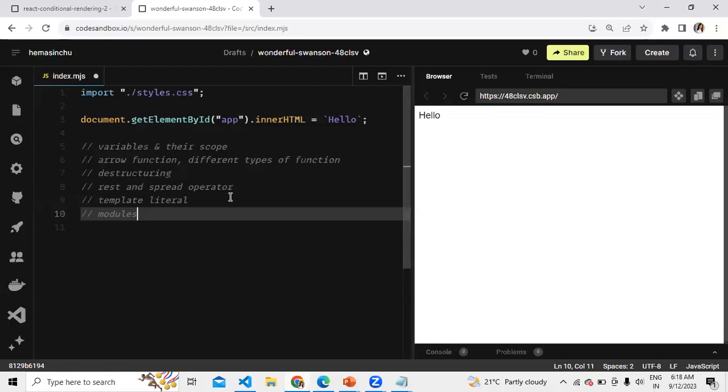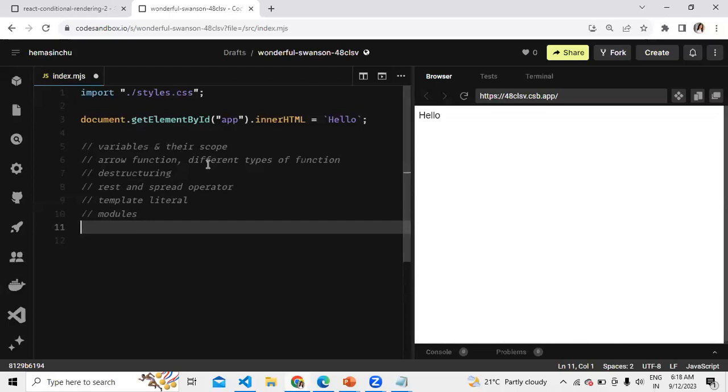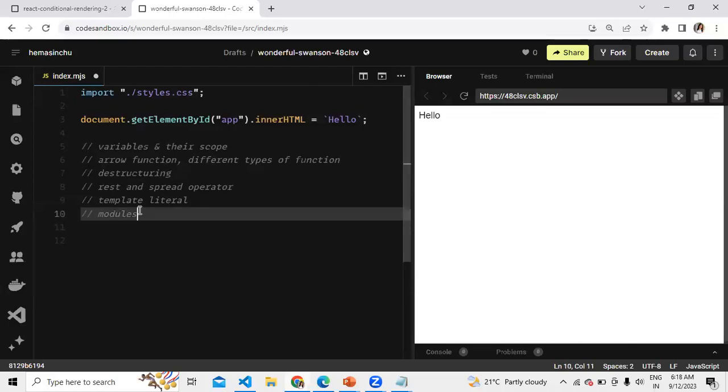ES6, I think I'll show you in a few minutes, is a big feature set which was added in the year 2015. This is all the update which came in 2015 for JavaScript. I'm presenting my sandbox.